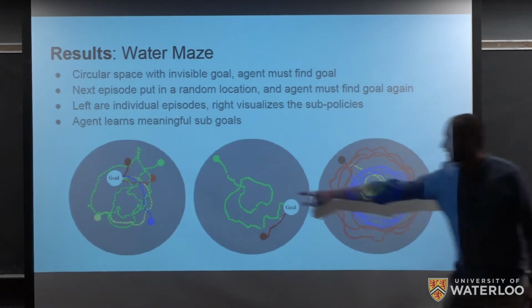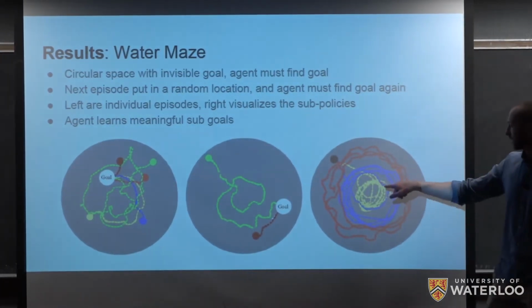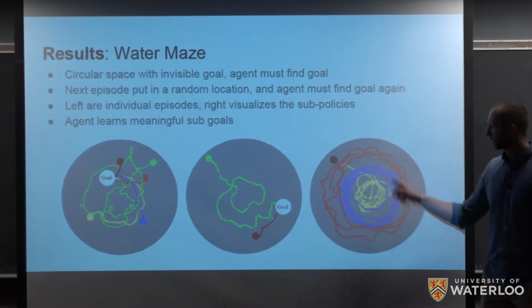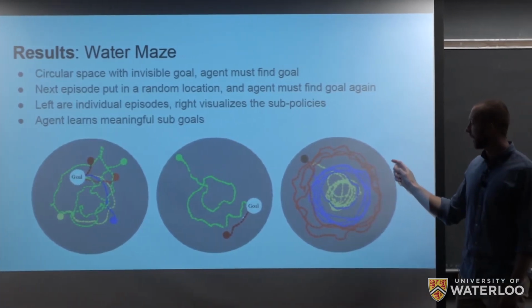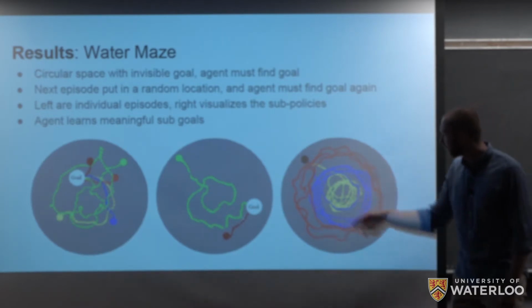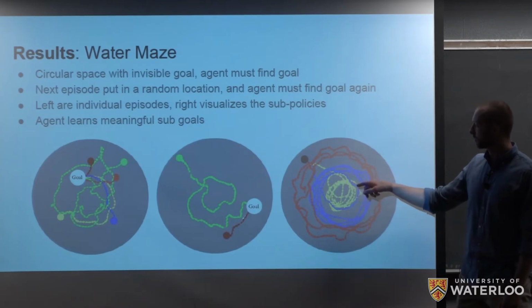So if we look here, we see some episodes. This isn't too interesting. What's interesting is here, these different colors represent different sub-policies. So what this shows is that the agent actually learns meaningful sub-policies. It learns one sub-policy to circle around at kind of a great radius, and then different other ones depending